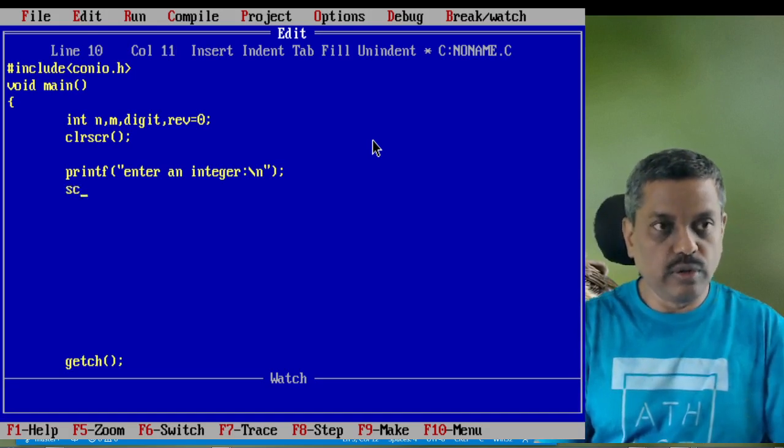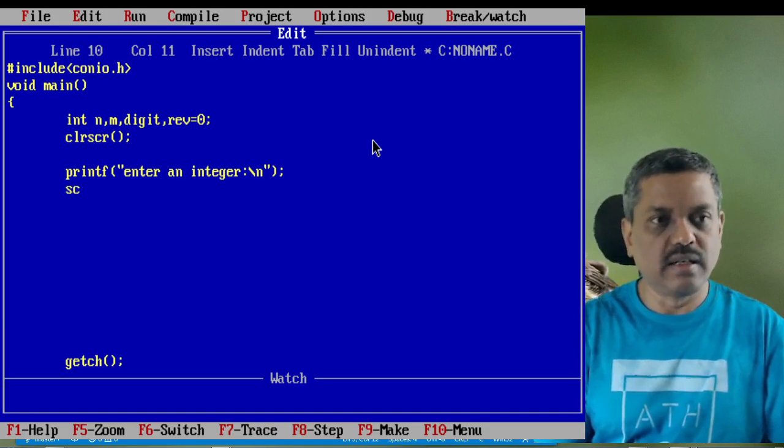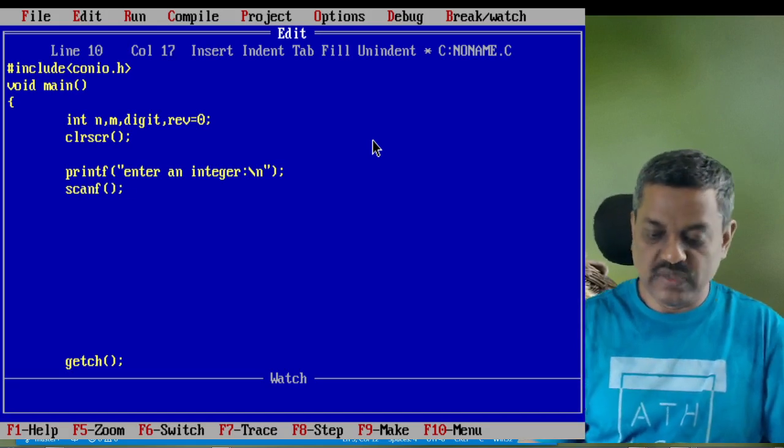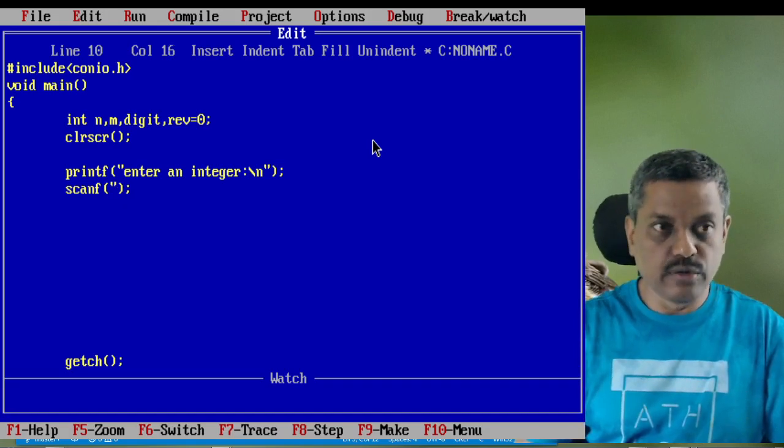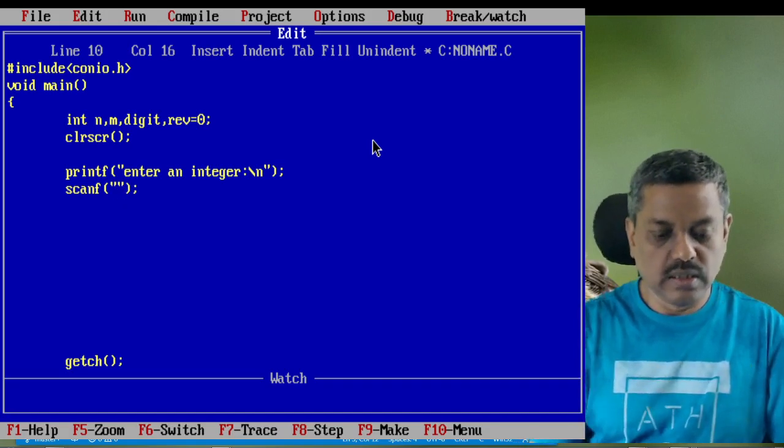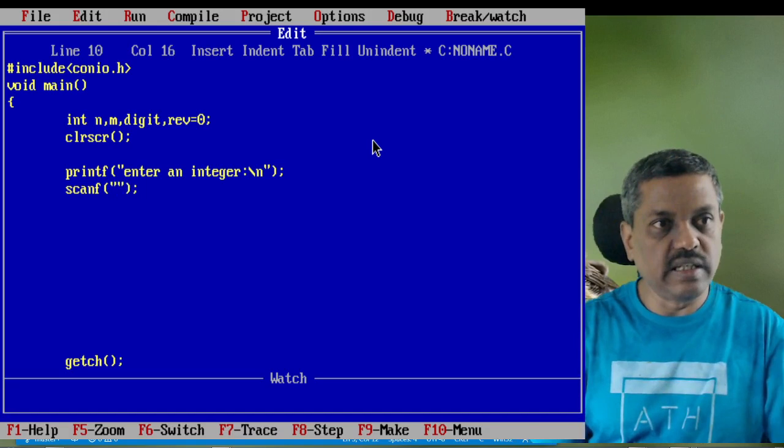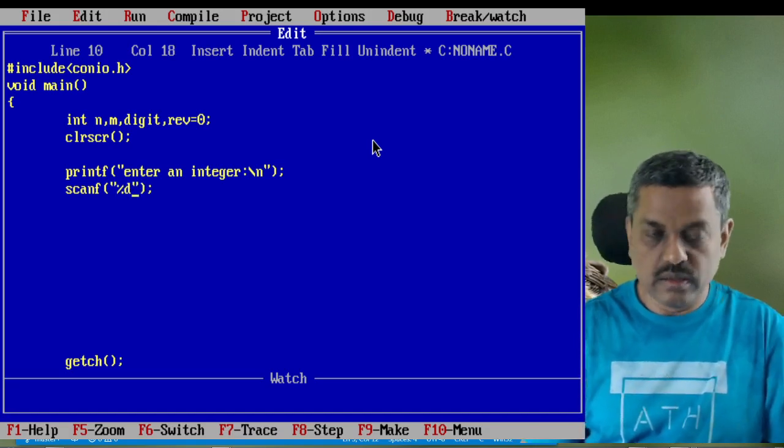So how to read anything from the keyboard, whether it is a character or a number? scanf is the function. Of course, every statement should be terminated by a semicolon, and because I have declared n as an integer, I need to use %d.